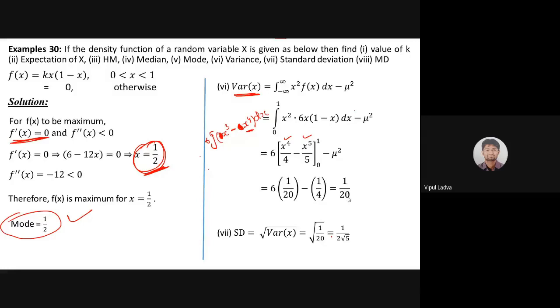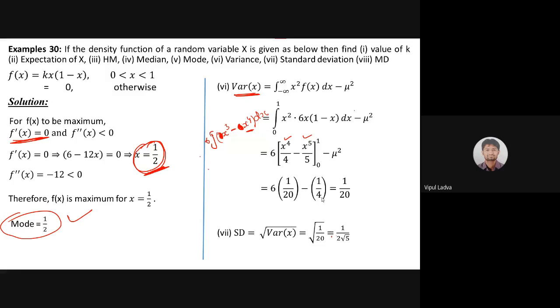Once we are having variance, variance is 1 by 20. I will just go for square root of 1 by 20, and 1 by 20 will give me 1 upon 2 root 5. Okay, you may express that particular into the decimal also, 0 point something something something. It's totally okay. So अगर variance है हमारे पास तो standard deviation बहुत आसान है, just उसका square root निकालना है. Okay, so this is a story related to the continuous random variable. If we are dealing with the probability density function and we are in need of expectation, median, mode, variance, standard deviation, then this is the way you can solve this.